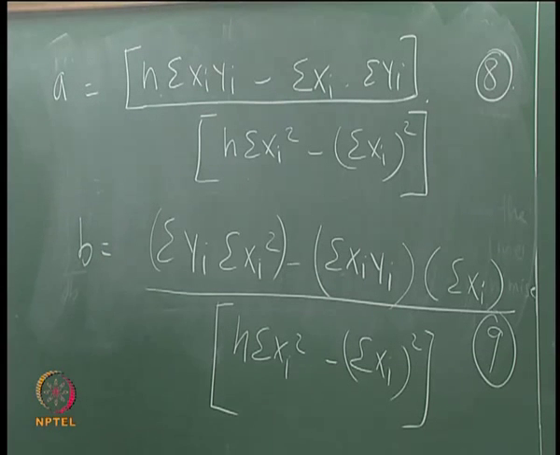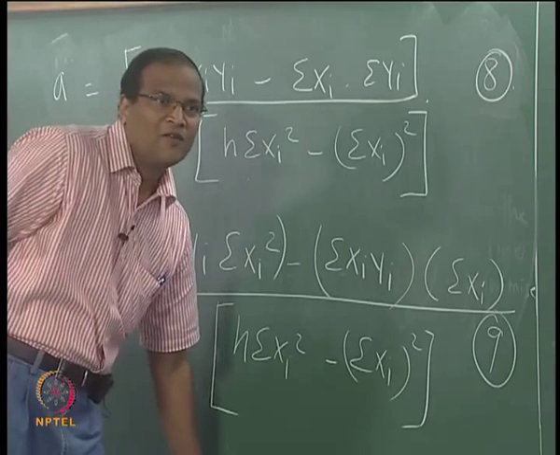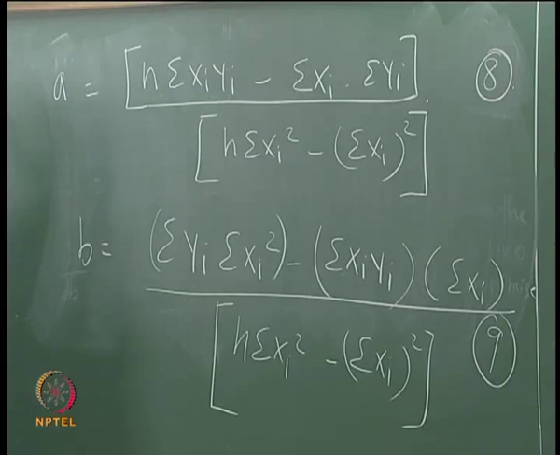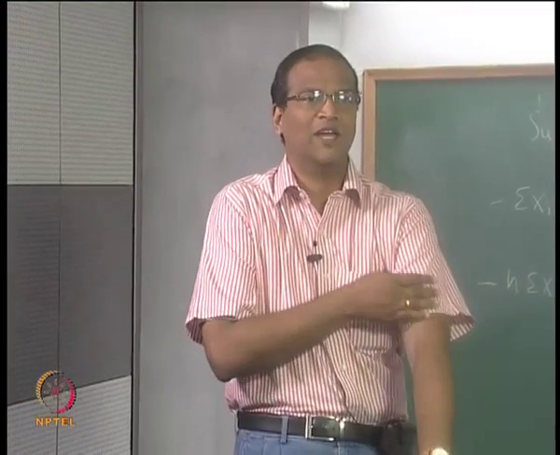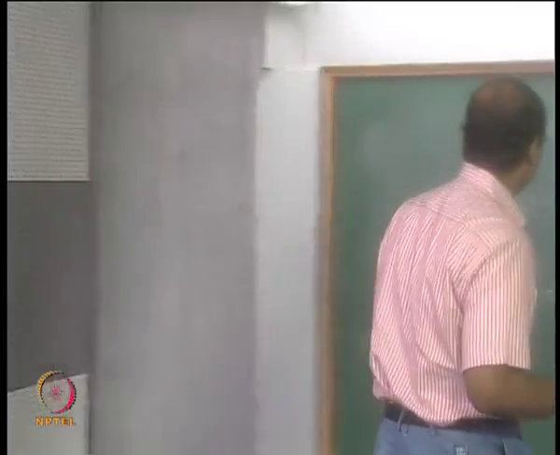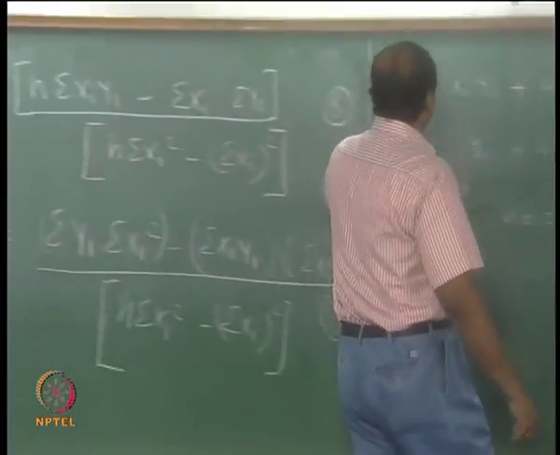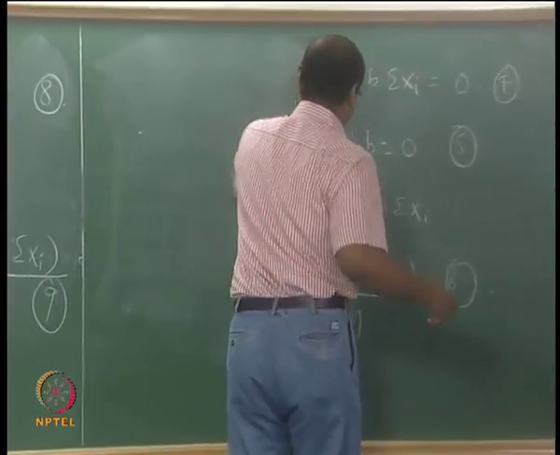Okay. So you got the values of A and B, unique values of A and B. So this is the best representation of the data. What these mean, and whether we have really conquered the problem, whether there is a substantial improvement in our understanding or representation by trying to force y equal to ax plus b, we will evaluate in a short while. Anyway, we got A and B at least.